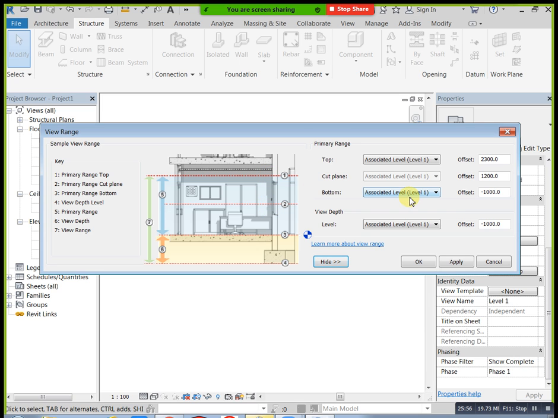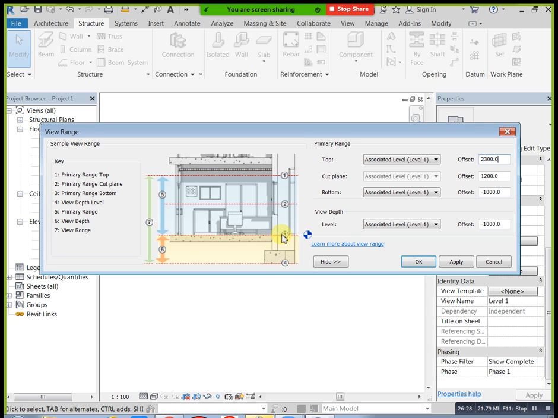Okay, next, see, here we have some numbers. For example, you need to see from here to here, that is 7. This complete range you consider as the view range. From the building bottom to the building top, your level top, you consider as the view range. View depth means, what is your reference level, below that reference level you consider as view depth. See, 6, your reference level zero level is this one, below it you consider as view depth, meaning negative.